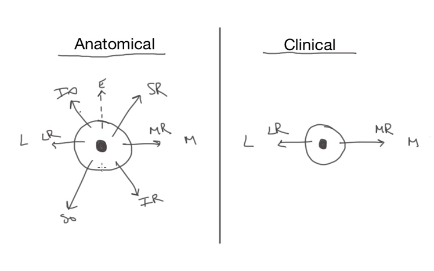So these 2 are still elevators, and these two are still depressors, and elevating just means look up, and depressing just means look down, but they're flipped horizontally. So now this becomes the inferior oblique, this becomes the superior rectus, this becomes the inferior rectus, and this is now the superior oblique. Okay,